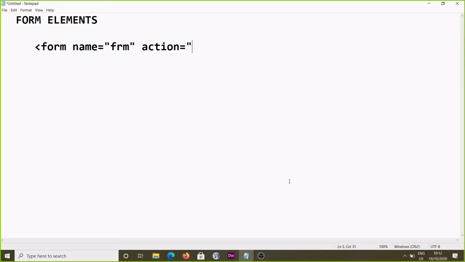But sometimes you are passing the value to the same page, that is also possible. In that case, open the double quote and close the double quote, that's it. No need to give any space, otherwise it indicates you are passing this information to a blank page. Got it? Here my intention is, because I am not using any server side or any other thing, you can think we are passing that information to the same page, so that's why this is the action.